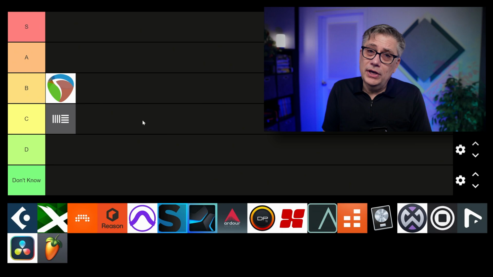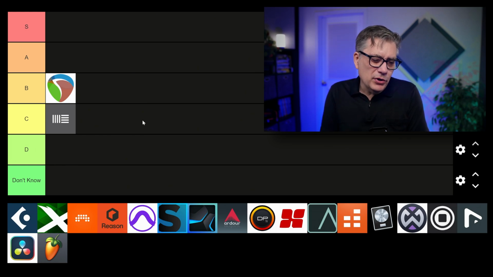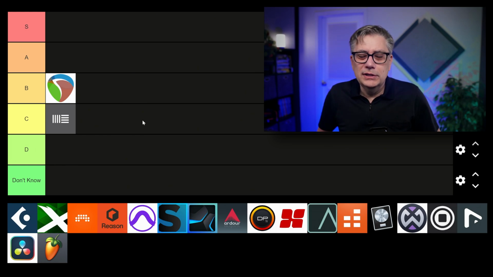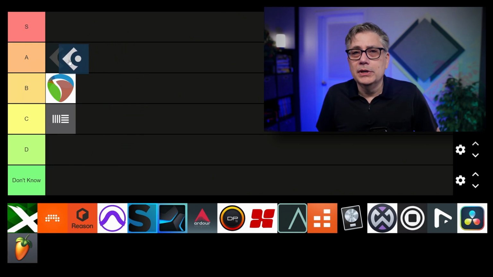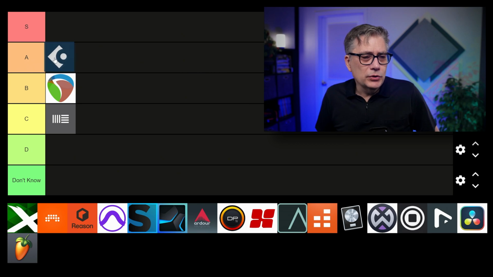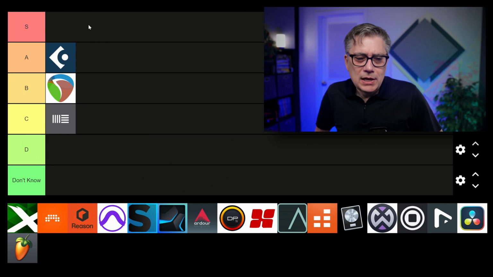The only thing that you cannot do with Cubase is import Dolby Atmos master files. So in that sense, it is not completely perfect, but it is what it is. I think if you're starting out with Dolby Atmos and you are a Cubase user, you're certainly going to be happy with Cubase. I'm going to put that into A tier because we need a little space above. I have a certain feeling there are a couple of other things that essentially do even better than Cubase. But Cubase, once again, very solid choice.